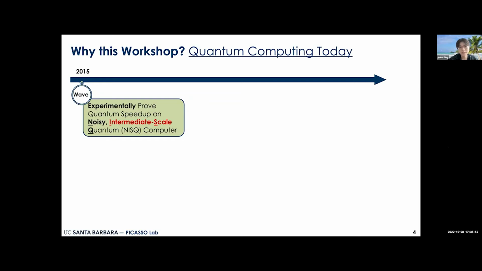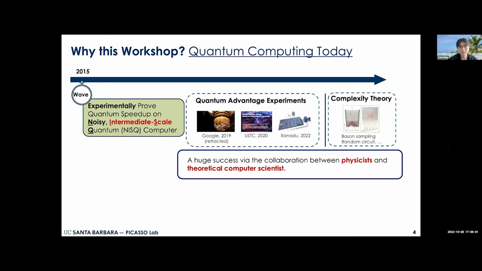And those devices only come with dozens to hundreds of qubits without quantum error correction. And I think there's a big success in this period of time. This success can be viewed as a good collaboration between physicists and theoretical computer scientists. Especially if you look at those quantum advantage experiments, physicists had successfully demonstrated the computational advantage of quantum computing,